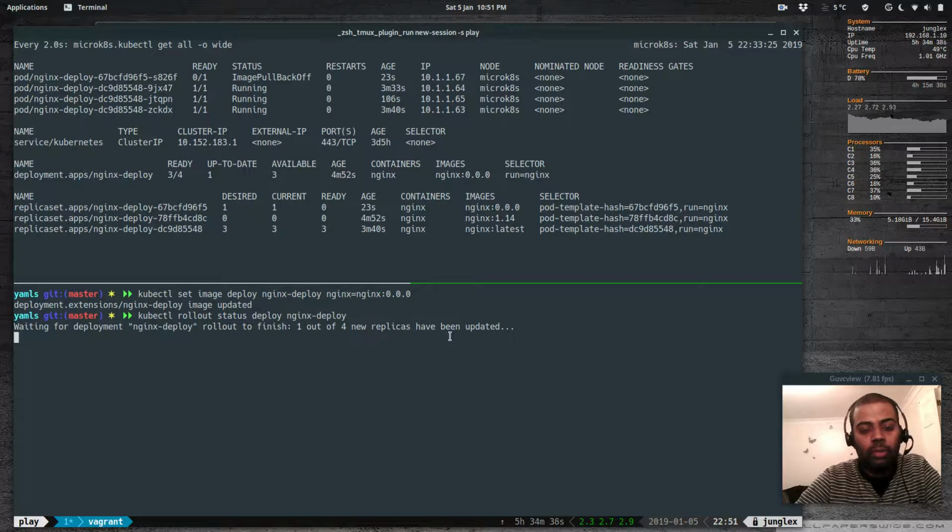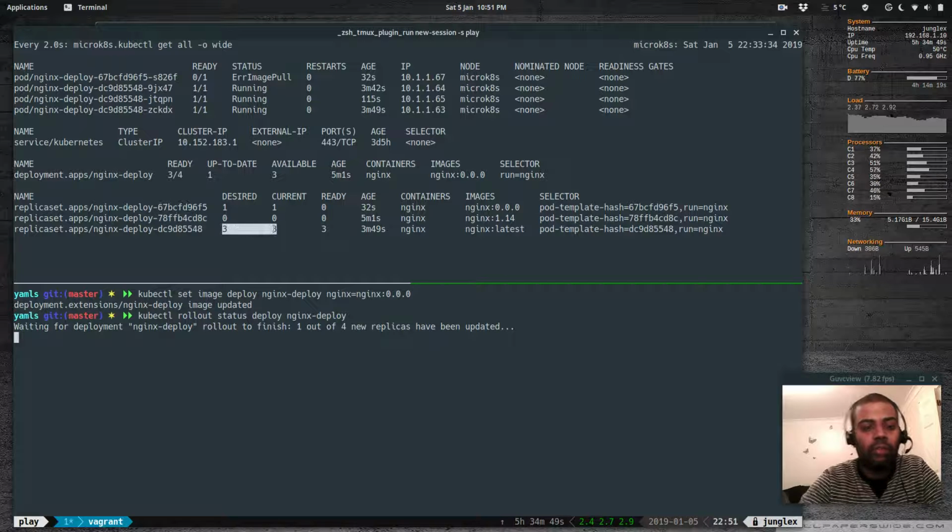1 out of 4 new replicas have been updated. It says have been updated, but it's not actually. In the new replica set, you can see 1, and in the old replica set, you see 3 pods. So we have taken 1 pod down from the current replica set, and we've created a new replica set for this new update, but we are having problems with the new